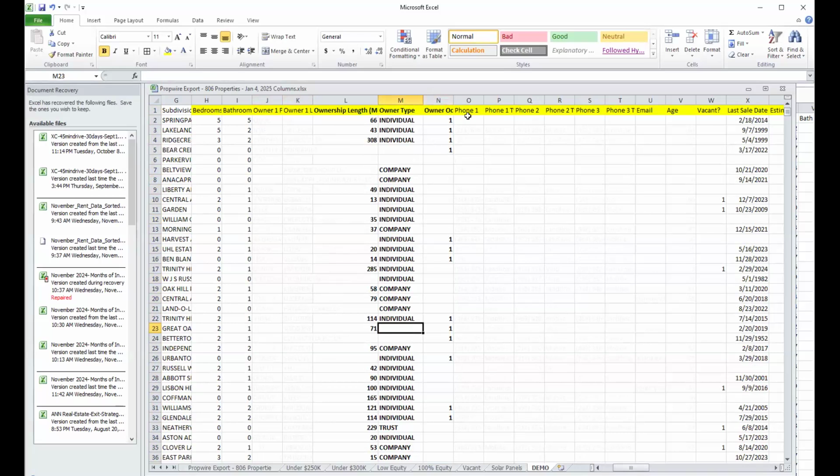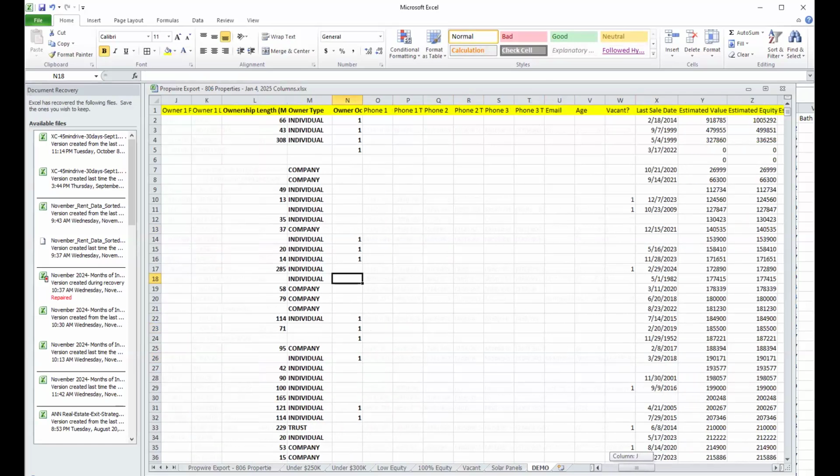We do have owner's contact information in terms of the phone numbers and email addresses. Now, be aware that the phone numbers may or may not be up to date, and it doesn't show whether or not the phone numbers have do not call on them, but it is a good start in terms of the research on how to contact this person. We also have email addresses for those individuals. So if we wanted to do an email campaign, that would be a possibility. We would need to look at the logistics and legal issues that come with it, but nevertheless, it's possible.